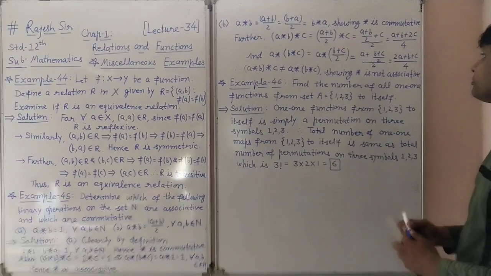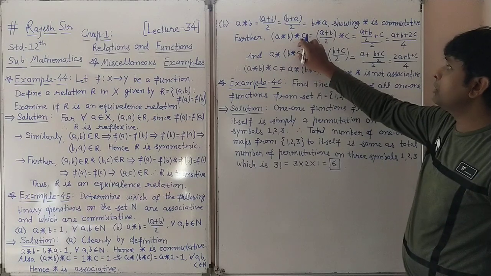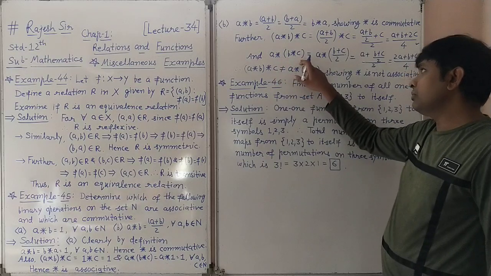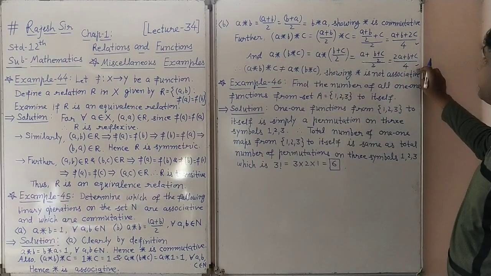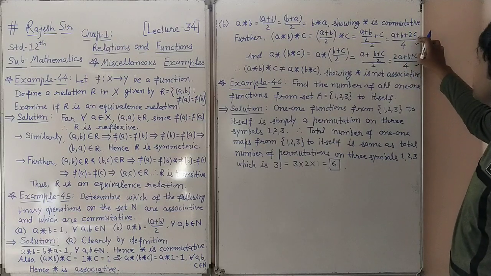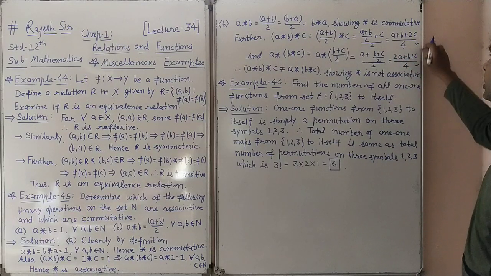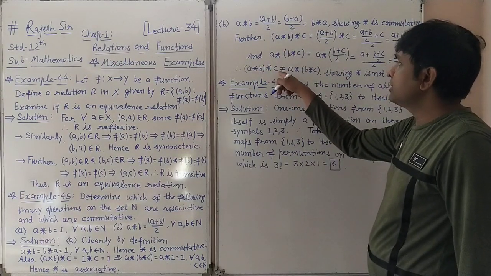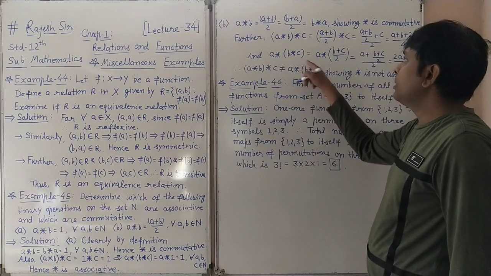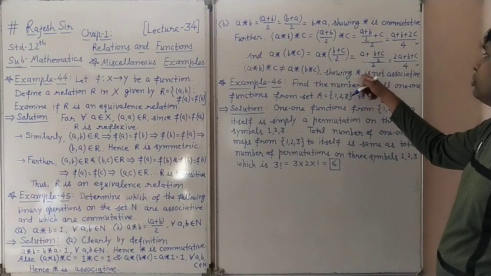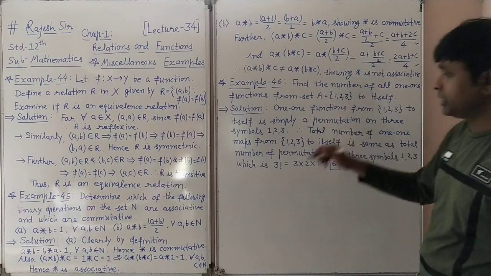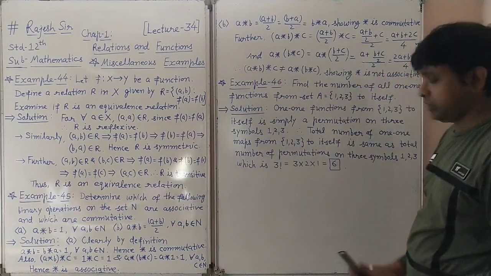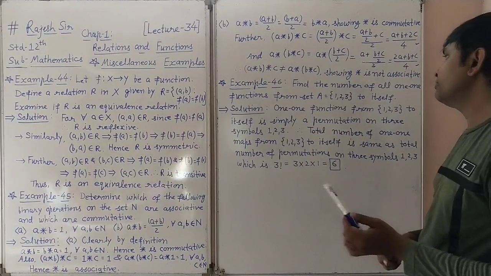So what we can see here, the answer of (A binary B) binary C is this, and the answer of A binary (B binary C) is this, and these two answers are different. You can see this is (A + B + 2C)/4, this is (2A + B + C)/4. These two are different. So what is the observation we have? (A binary B) binary C is not equal to A binary (B binary C). This shows that the operation is not associative. So this operation is commutative but not associative. This way.